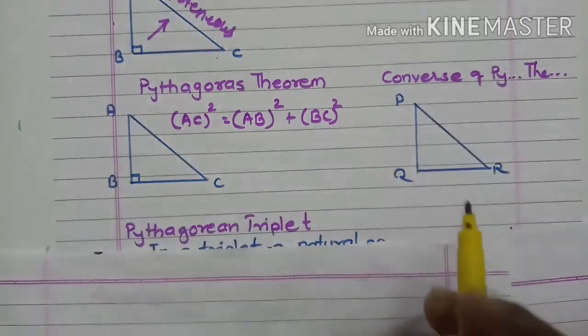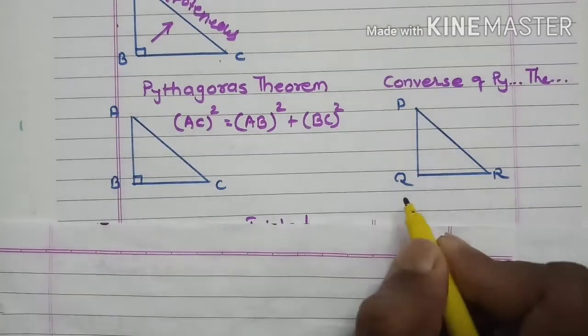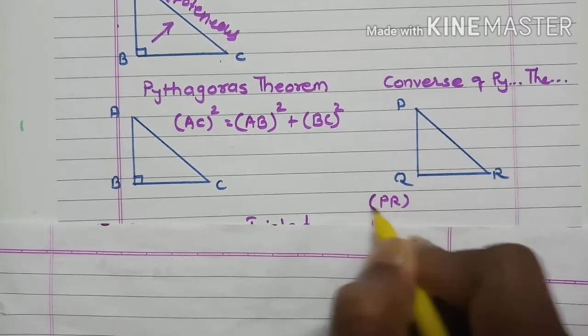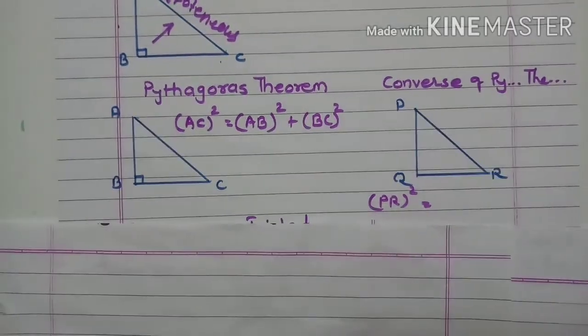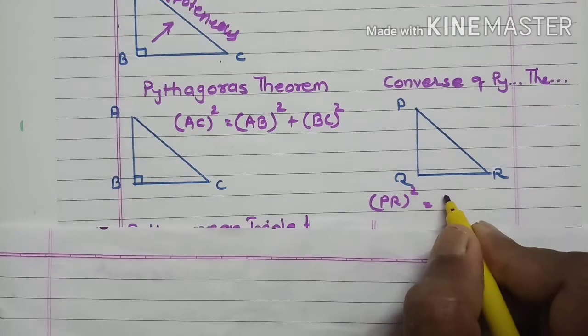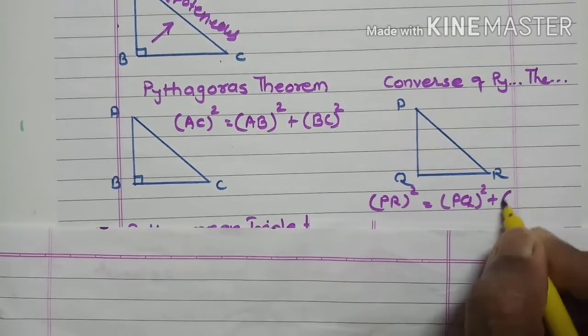So in a triangle, if the square of the longest side, that is PR square, is equal to the sum of the squares of the remaining two sides, that is PQ square plus QR square,